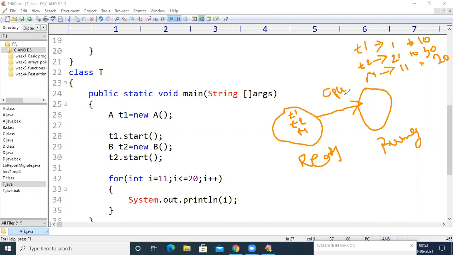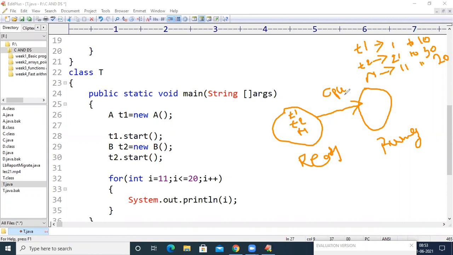What do you mean by partial control? If you can suspend a thread depending upon time, or depending on a condition, or unconditionally, then we can have some partial control over the threads.